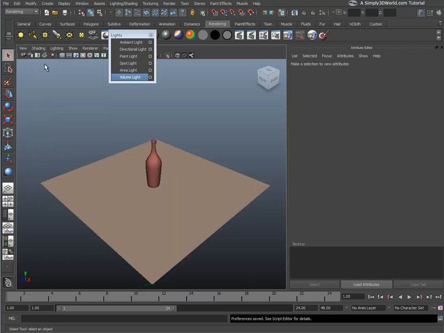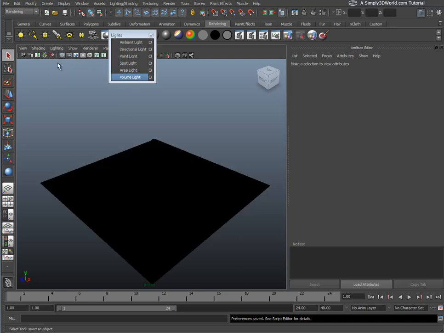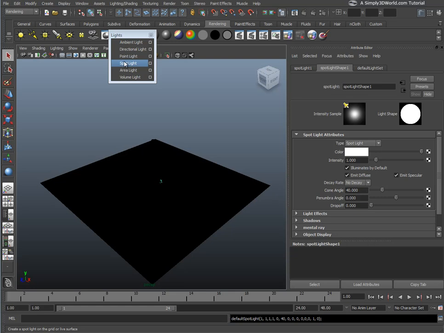So now we go in smooth shade, our viewport, and we're going to go into lighting mode. So select use all lights. You can see it just went black here. So what we want to do now is create a spotlight,